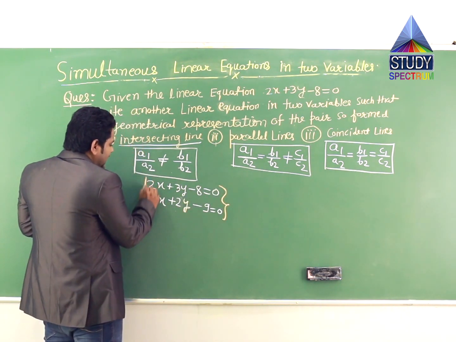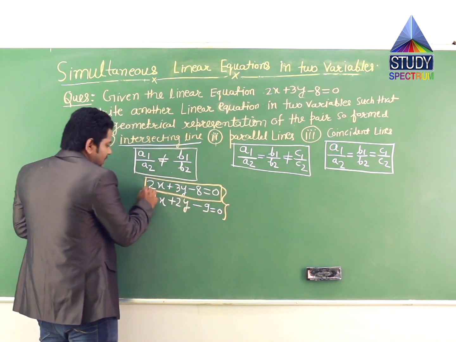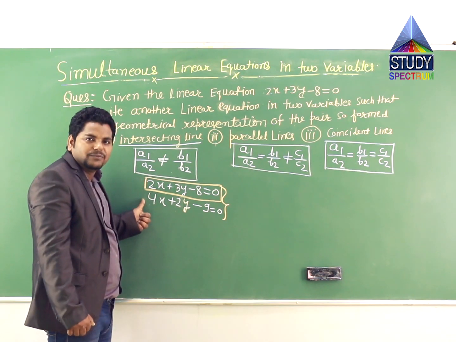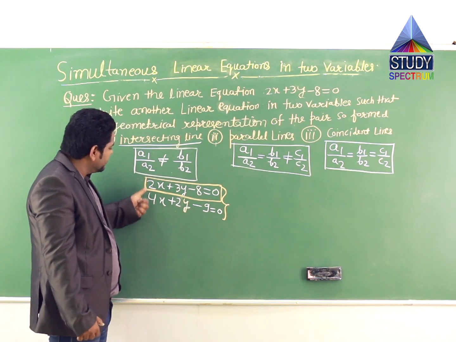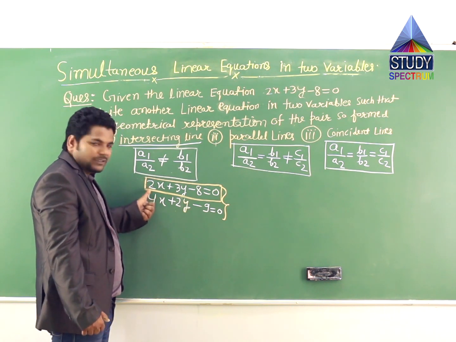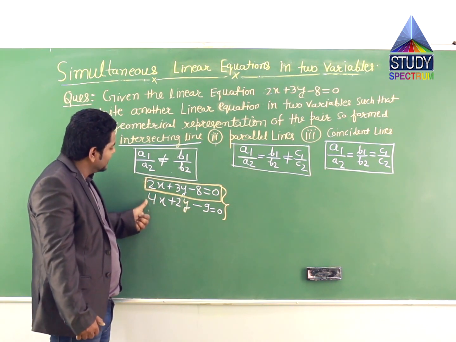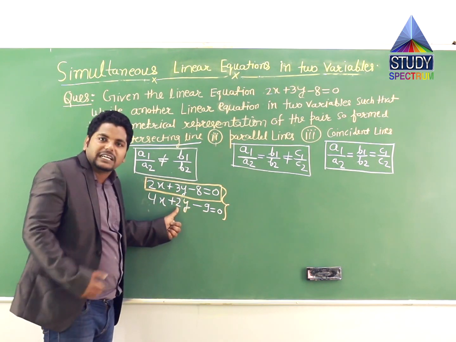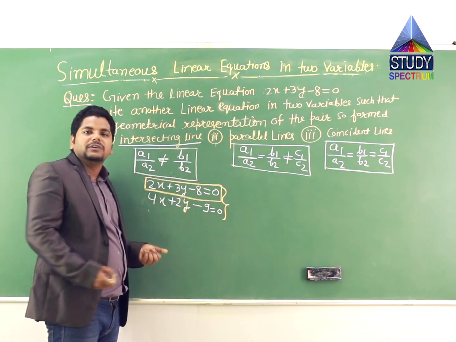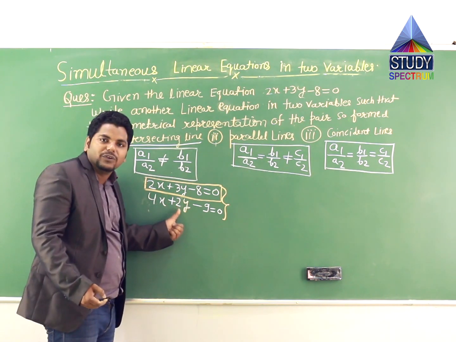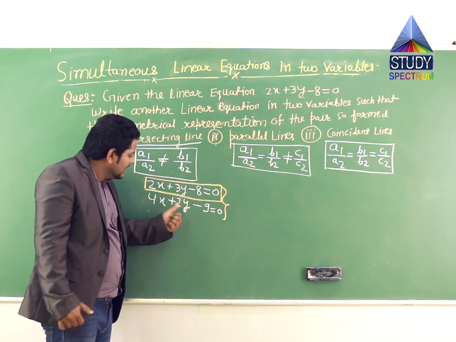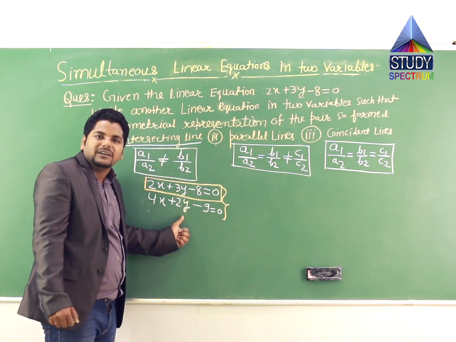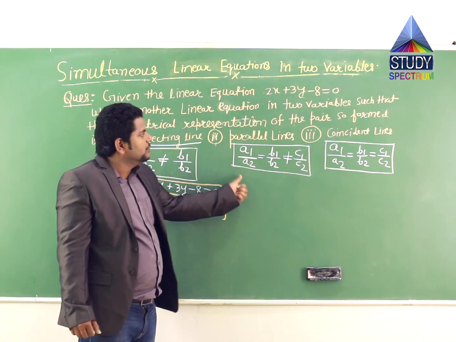So this line you were given, and you have to write a new line to make this system of lines intersecting. We have just taken 2 by 4 because it's so simple. We have taken 2 by 4 is half, so it should not be half. So we have taken 3 here. We cannot write 6, so we have taken 2. You can take any value here, 2, 3, 4, 5, 8, minus 2, any value you can take, but I have just taken 1. Now come to the second line.